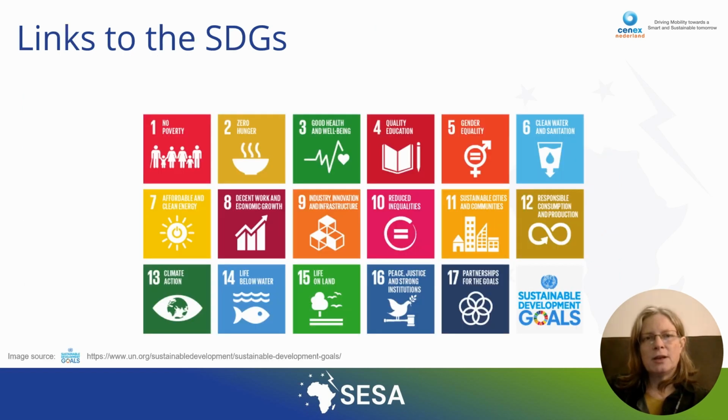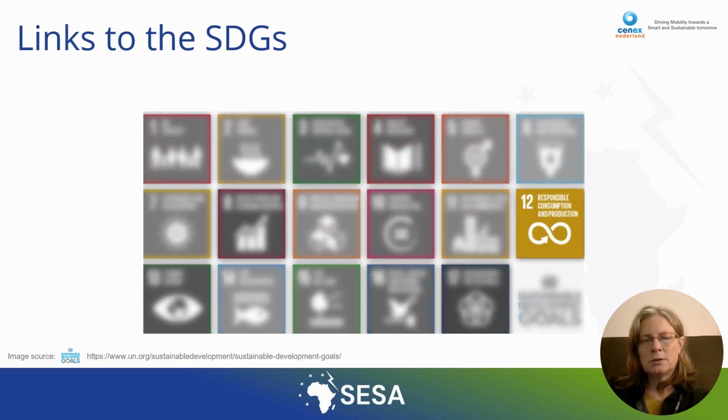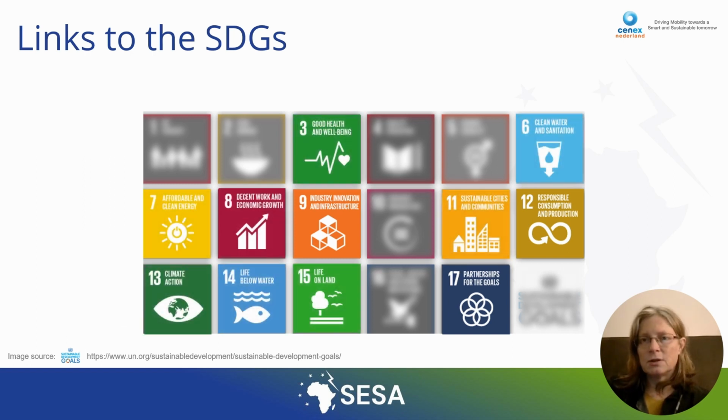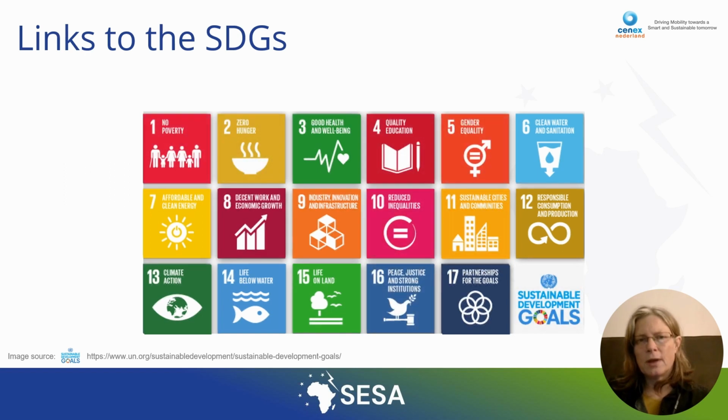The UN Agenda for Sustainable Development covers 17 overarching goals. Broadly speaking, the circular economy can contribute to all of the SDGs, but is most directly related to responsible consumption and production, industrial transformation, innovation and supporting infrastructure, and creating partnerships for the goals. These three goals can act as a flywheel for the other SDGs, such as life on land and in water, affordable and clean energy, decent work and economic growth, and so on.